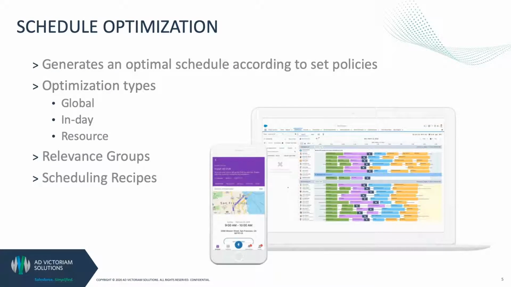Schedule optimization is a tool that generates an optimal schedule according to set policies for your service resources. There are three types of optimization. Global optimization allows you to optimize your team's schedule for one or more service territories across a specified range of days. You can configure this type of optimization to run regularly, for example, every evening, or you can run it manually as needed. Global optimization is the most thorough and powerful type of optimization and therefore takes the most